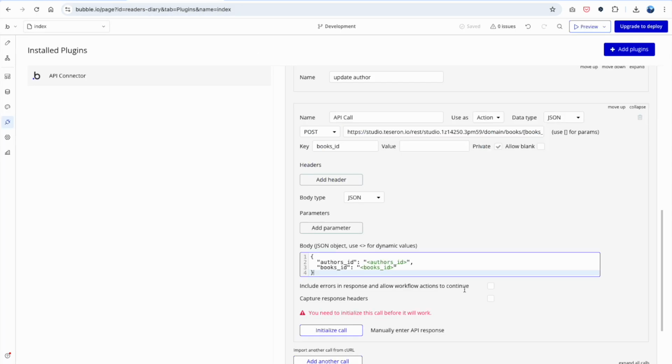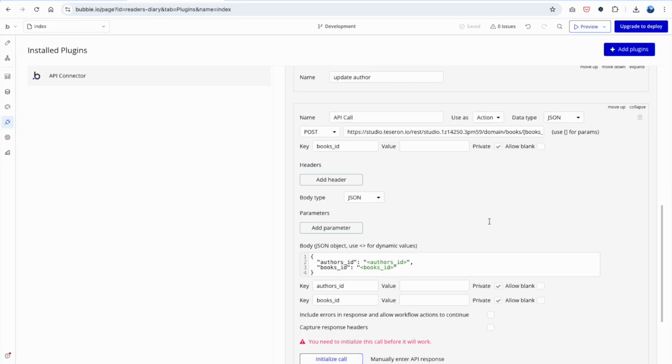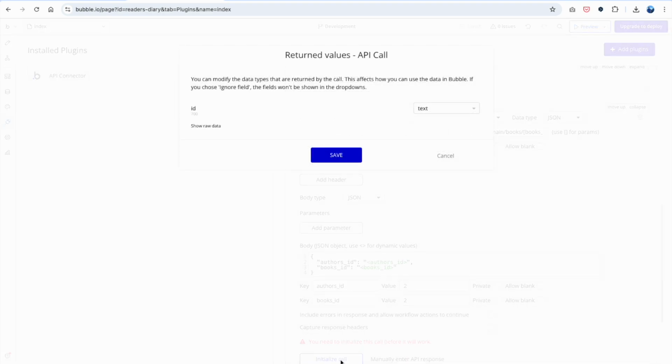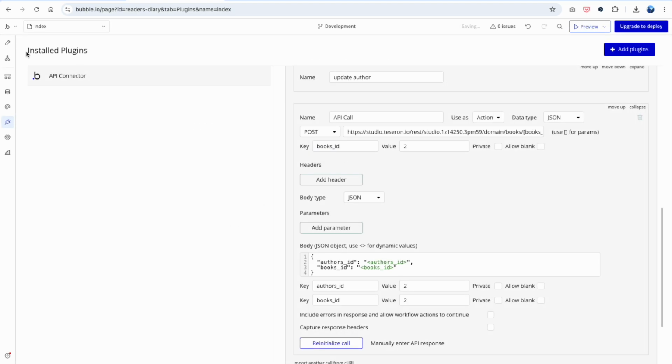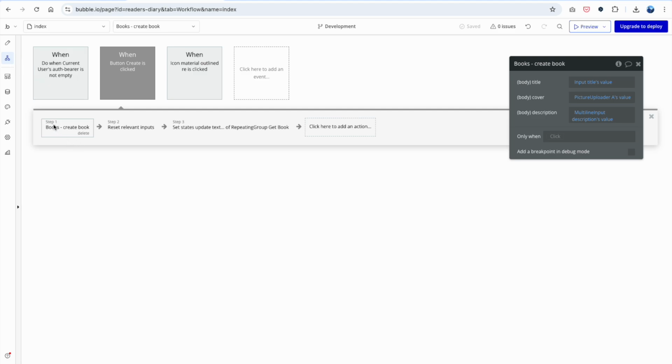and then I'm going to copy the JSON object and paste it inside. And now what I need to do, I need to untick these private fields, and I need to add some value, so Bubble can call this for initializing the call. And as you can see, it gives me back an ID, which means that it can read the object. Now if I hit save and I go to my workflow tab,